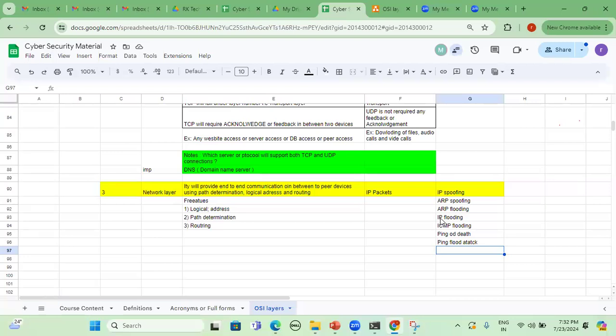In a similar way, what the attacker will do as part of the flooding category is send a large or huge number of requests. Finally, whatever the target machine, asset, server, database or application, it will become unavailable or the service will become disrupted, or they are not able to access it. Finally, this is what will happen as a global impact. So that is nothing but the flooding category.